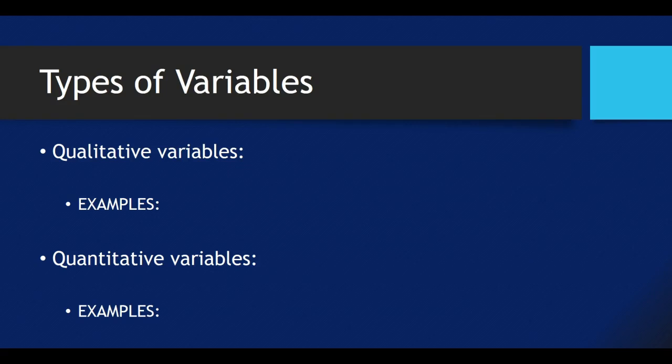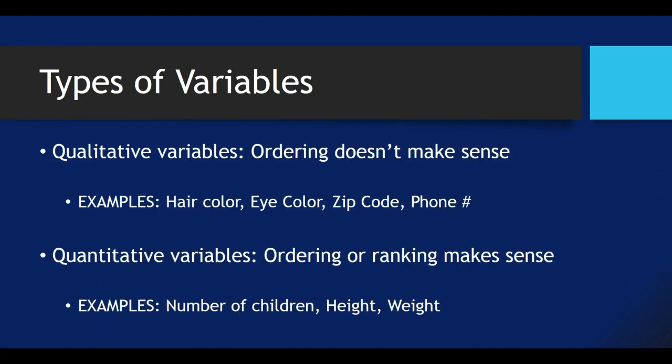Now we're going to split variables up into two categories. One is qualitative and the other is quantitative. And I know you've probably heard these terminologies before, but I want to give a little bit of a subtlety to it. So qualitative, we have all probably heard before, that's qualities, and generally speaking, they don't have number values associated with them. And quantitative things are things we measure, things with number values. However, that's mostly the story. The real story is that with quantitative variables, ordering makes sense.